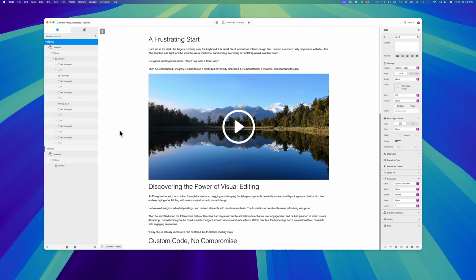In today's video we're going to have an overview look at our new brick, column flow. Now column flow is a unique brick in that it doesn't give us an HTML structure of columns, but it uses CSS to make dynamic flowing columns for our content. That sounds fancy, so we're going to take a look now at how that works